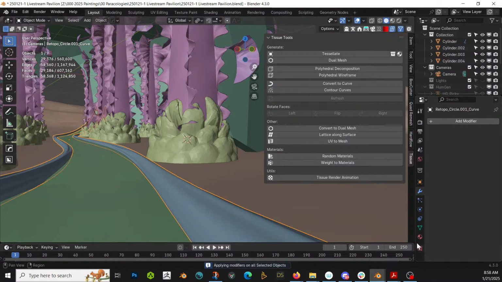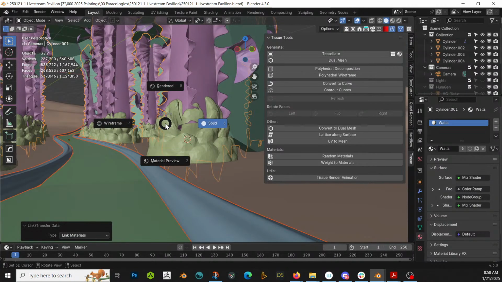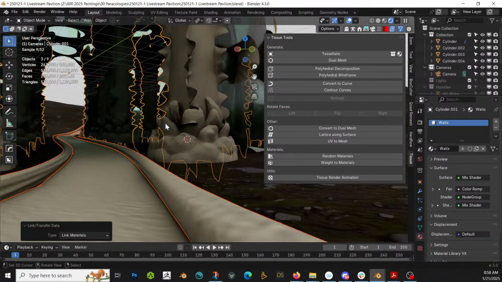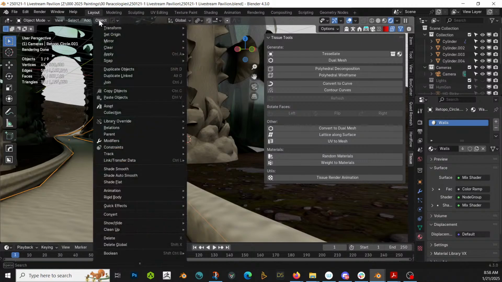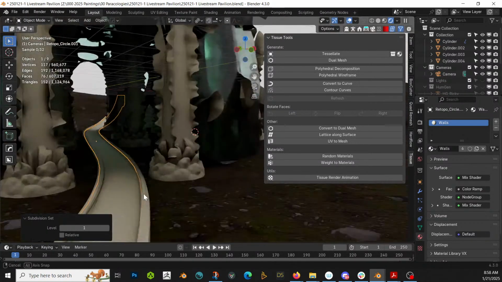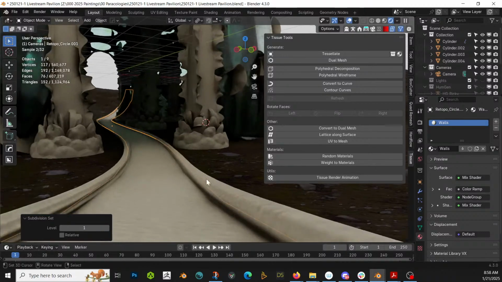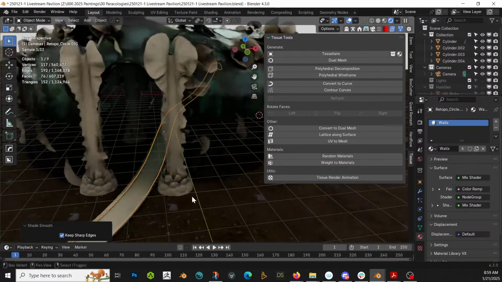Apply all. Does it have a material? No. Link materials. This bad boy here. I'm gonna, yeah, smooth it a bit. And